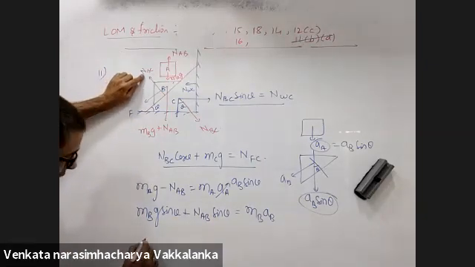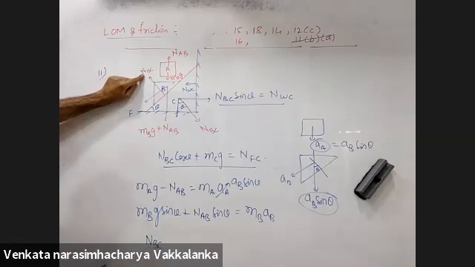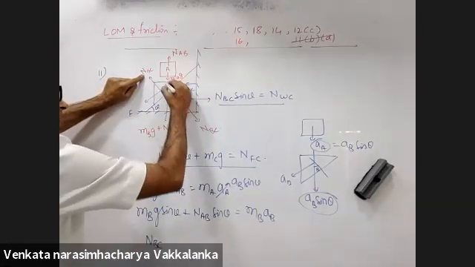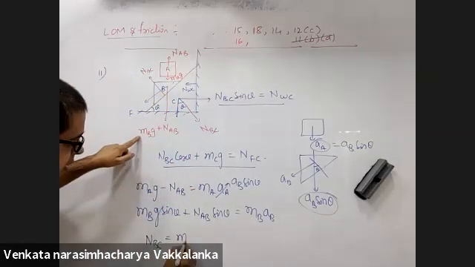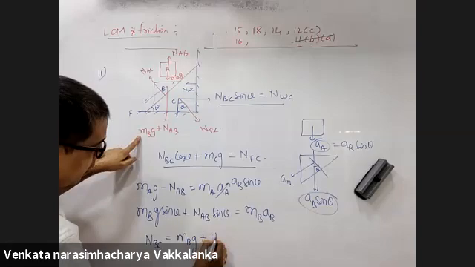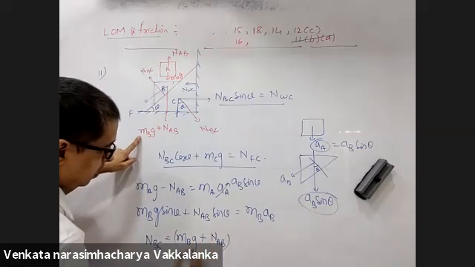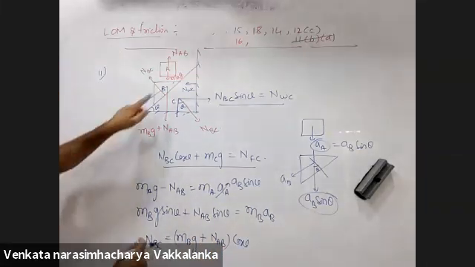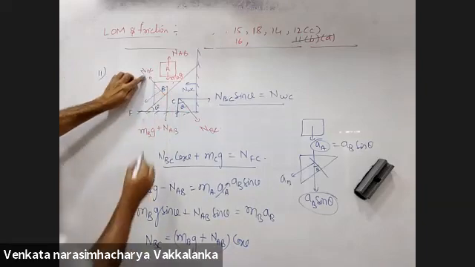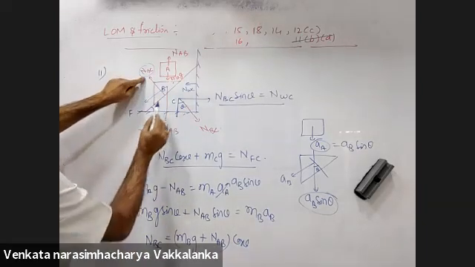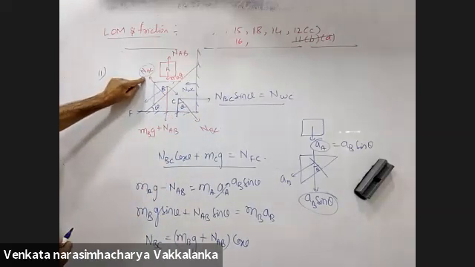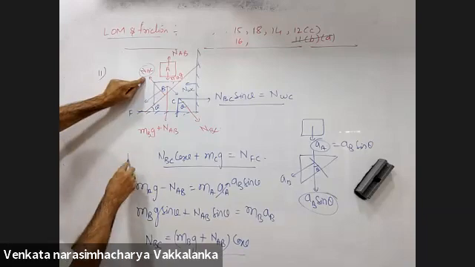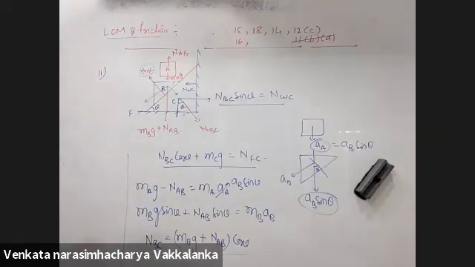Now NBC, I'll have to get the value. NBC will be equal to the vertical forces on this. Will be equal to MBG plus NAB cos theta. NBC should be equal to the vertical forces in this direction. I think all the bits are covered. I am assuming that all the bits are covered.